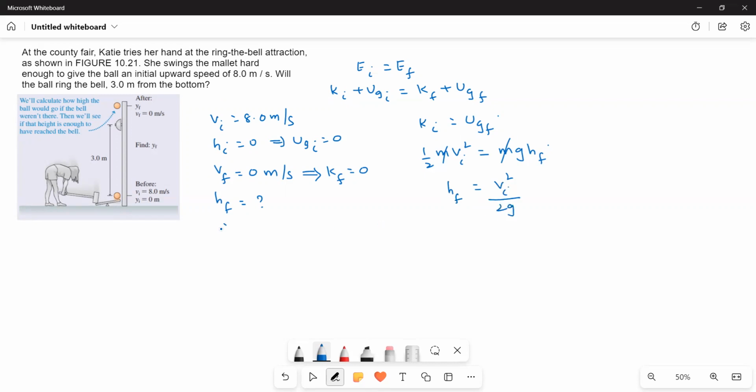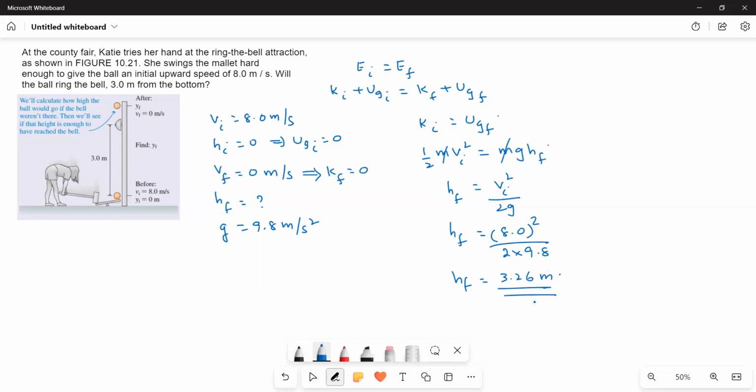Okay, and then the g value is equal to 9.8 meters per second square. Therefore, hf is equal to 8 square divided by 2 into 9.8. Therefore, hf is equal to, what is the value? 64 divided by 19.6 gives 3.26